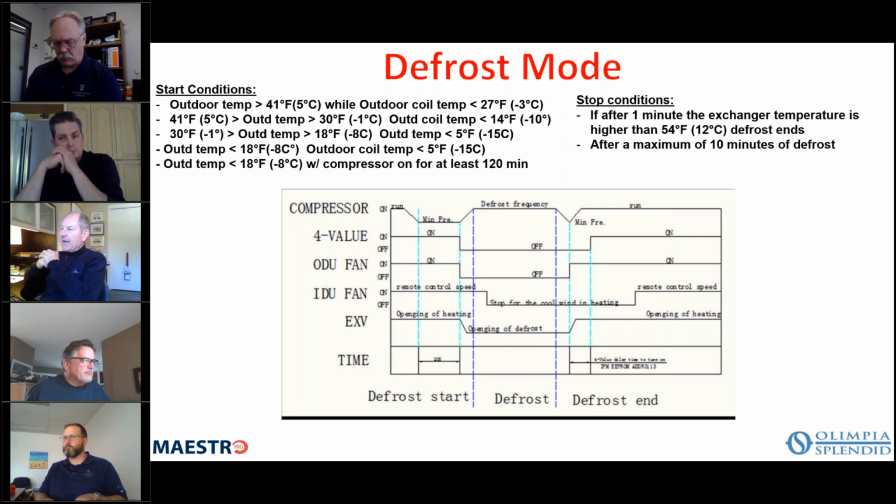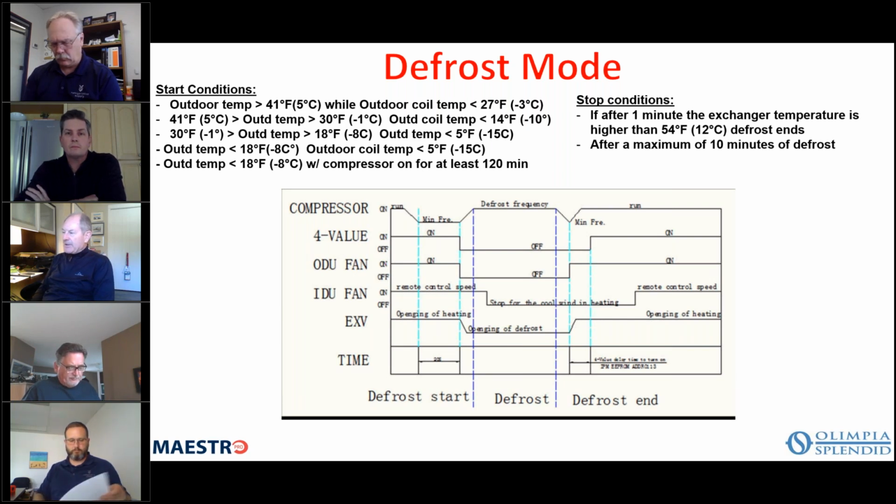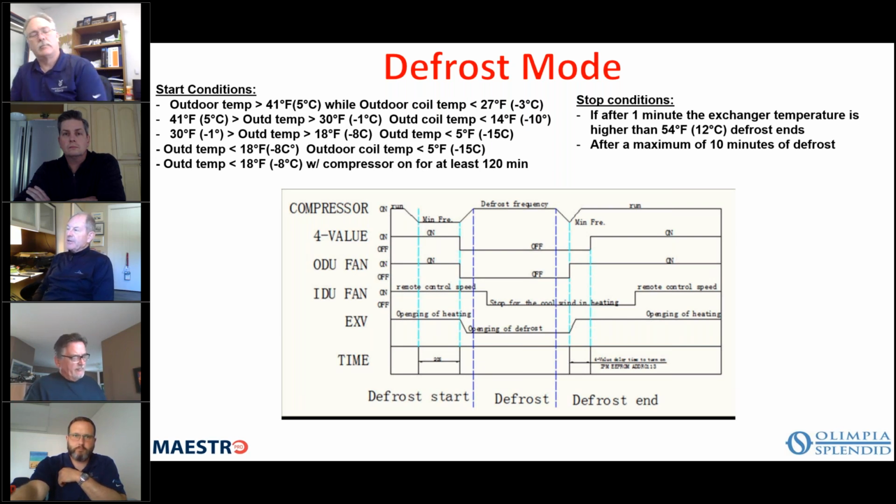So I guess the biggest thing, Nick and I met with a few of the contractors 3 weeks ago, and one of the big issues is this condensate management deal. So in condos and multifamily, dealing with the condensate is probably the biggest issue. As he mentioned, in cooling mode it doesn't really come up. Most of the contractors have said that they've never had to drain the condensate from the unit if you're using it in cooling mode. But obviously in heating, the way the unit operates is it wants to open that thermal actuator and drain it out. So if you can't externally drain the condensate,